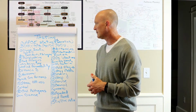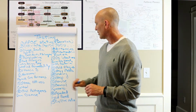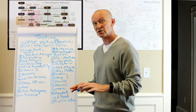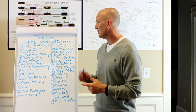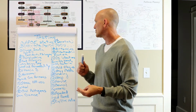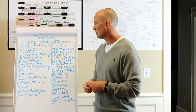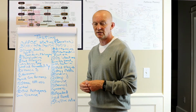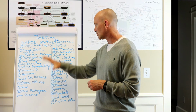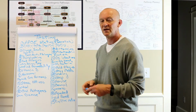I think that you can get these lab tests done at a reasonable cost by not doing the mold testing, the chemical testing, the heavy metals, and that sort of thing initially. And if you do the initial blood work that we do here at the clinic, plus a 4-point cortisol, an organic acid test, and a stool test, you're looking at least $500 or $600 in testing, and that's fairly conservative. And if those prove fairly negative and we feel like it's the type 3, then the testing will be even more. So be aware,